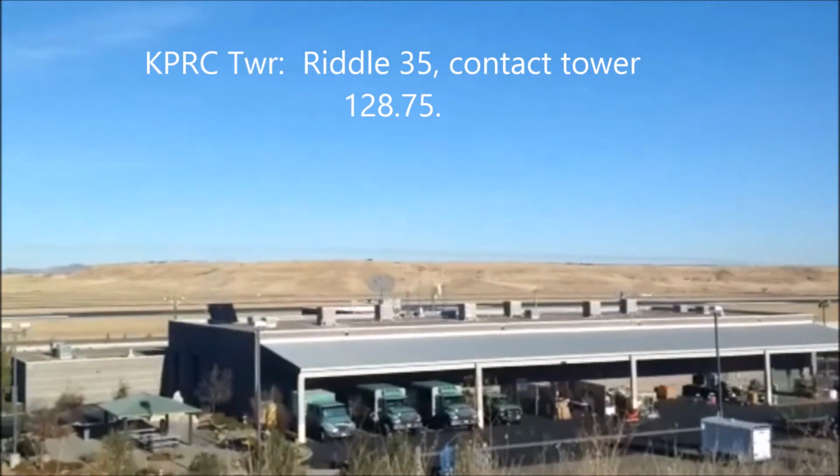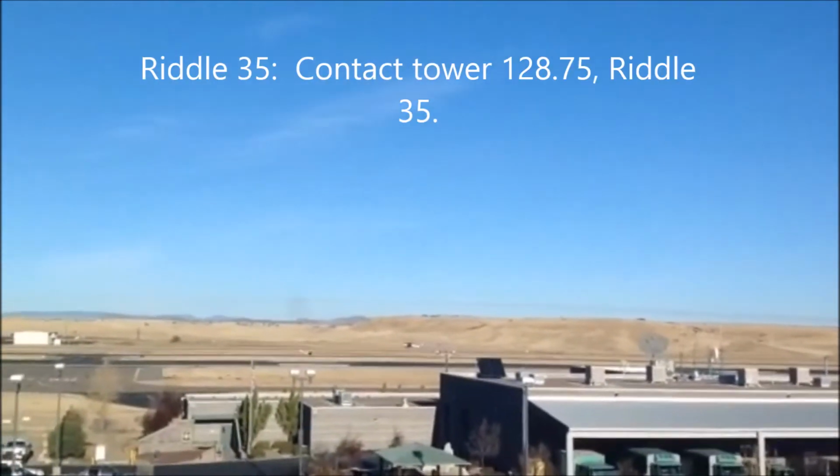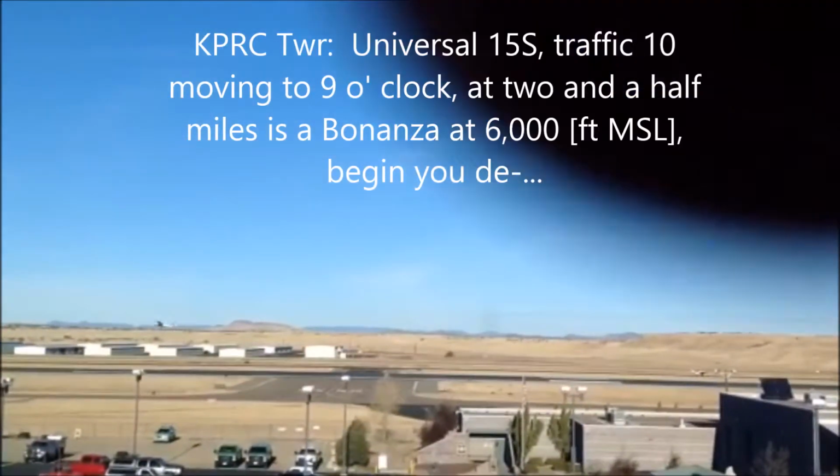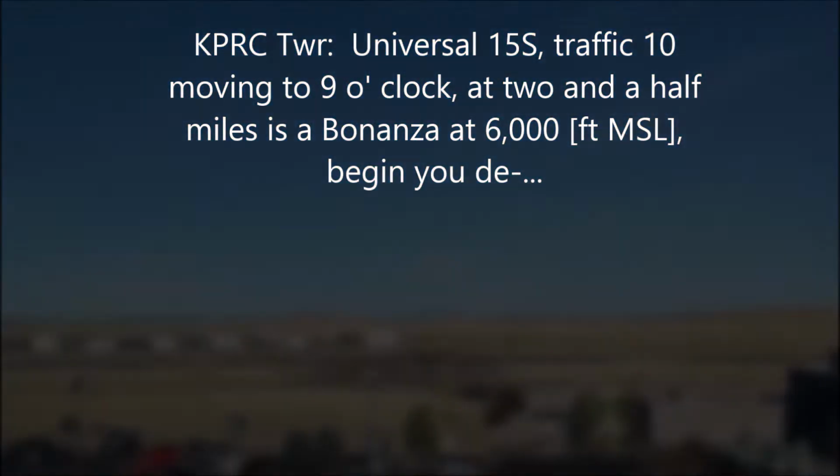Embry-Riddle 35, contact tower 128.75. Contact 128.75, Embry-Riddle 35. Universal 15, Sierra, traffic 10, moving to 9 o'clock and 2.5 miles is the Bonanza at 6,000, begin your